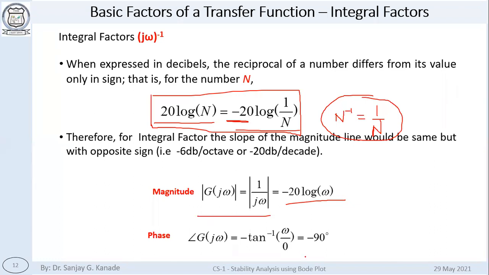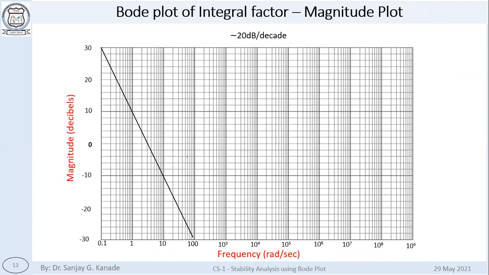So the phase angle is minus 90 degrees. So this is again similarly a constant phase line, but the value of that constant phase is minus 90. So here is a magnitude plot of minus 20 dB per decade line,